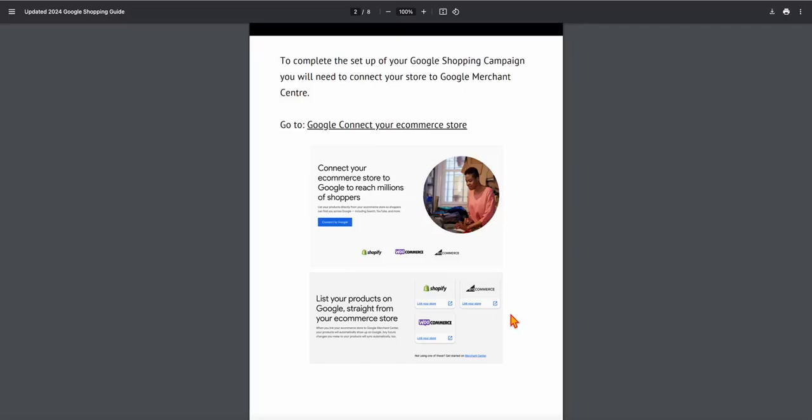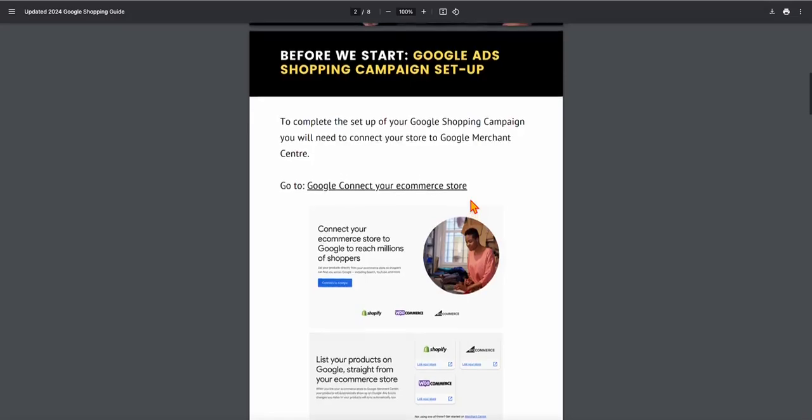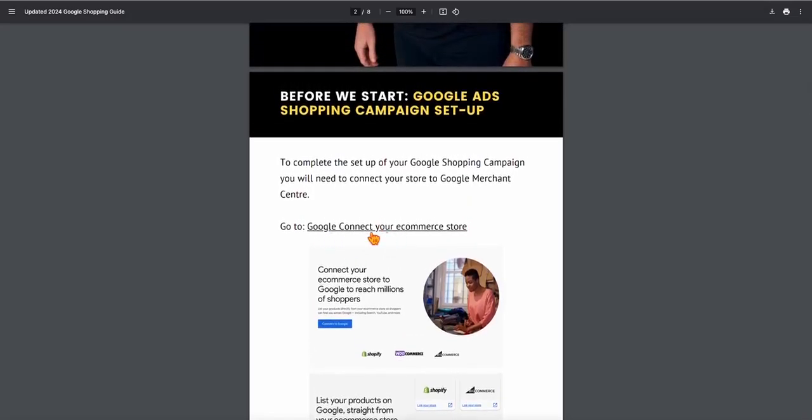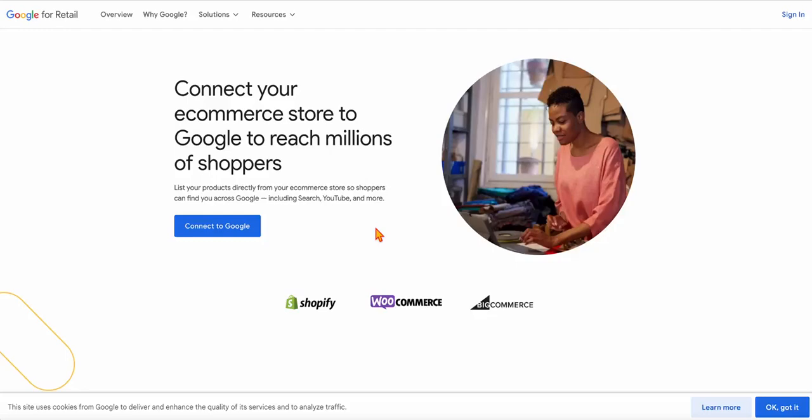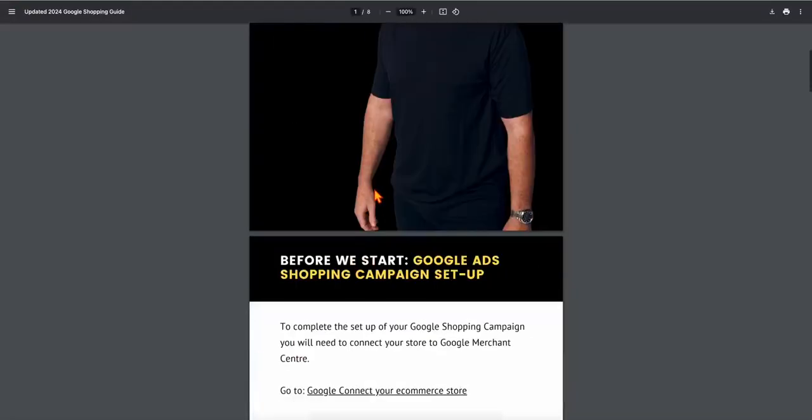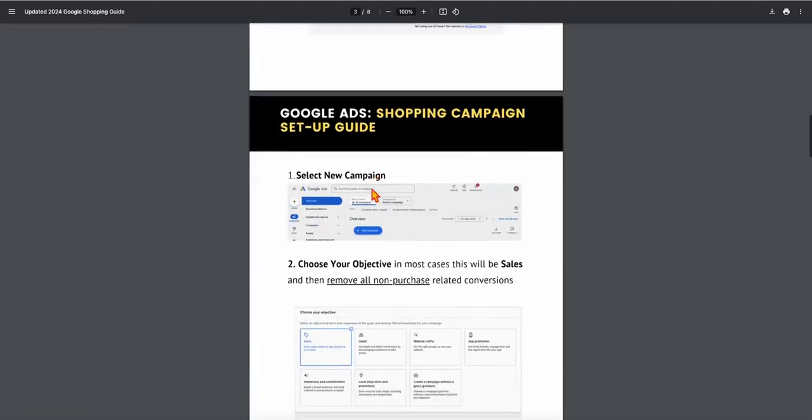Now, the other thing that I would say in here is before you can complete the shopping campaign setup, you just need to make sure that you have already got your Google connected to your e-commerce store. And I've just added in this link in through here. If you open that up, that takes you through the steps of making that connection. So once that is done, you are then able to go through these steps of setting up your very own